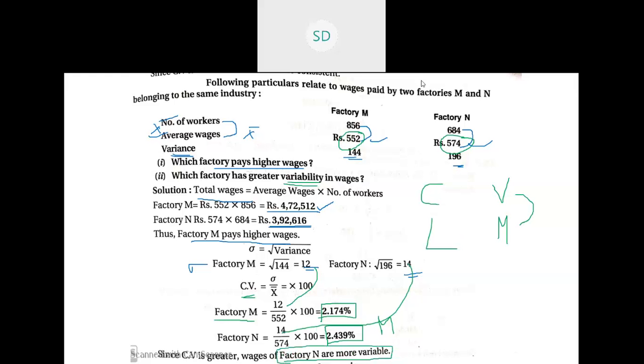So this is the complete question and the solution. Did you all understand the question? Did you all understand the slide? Does anybody have doubts in this? Can you all please reply in chat quickly?